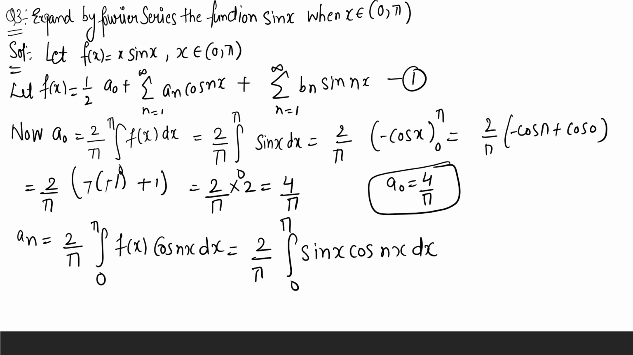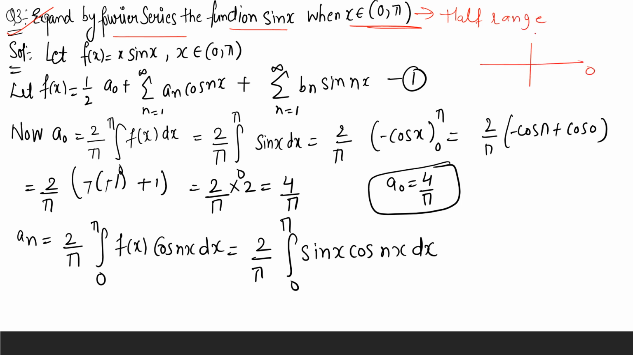Now we will discuss our question number 3. Question number 1 and question number 2 were already discussed in the last videos. Question number 3: expand the Fourier series of the function f(x) = sin x when x belongs to 0 to pi. You know that x belongs to 0 to pi. This is a half range,